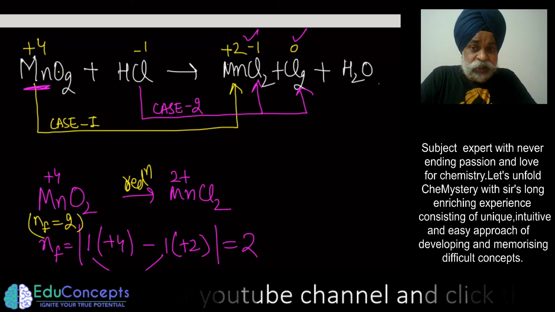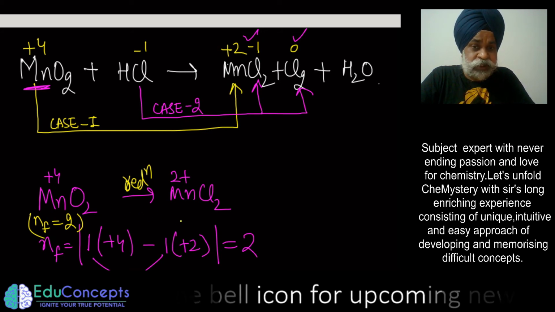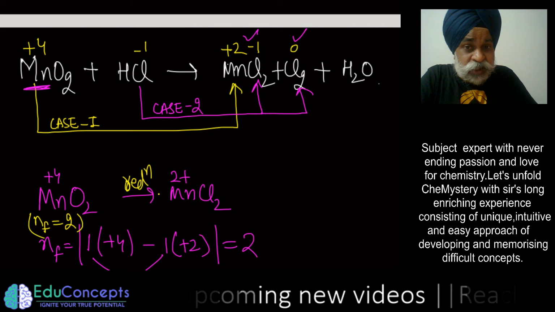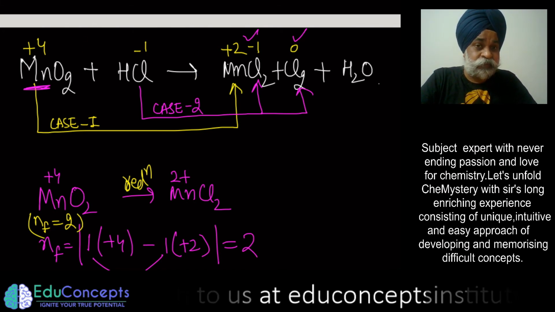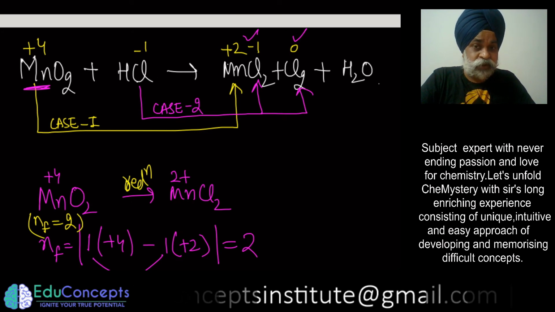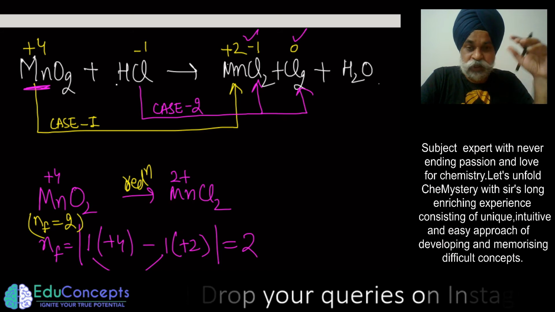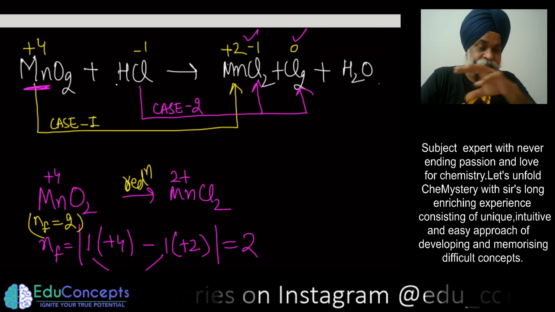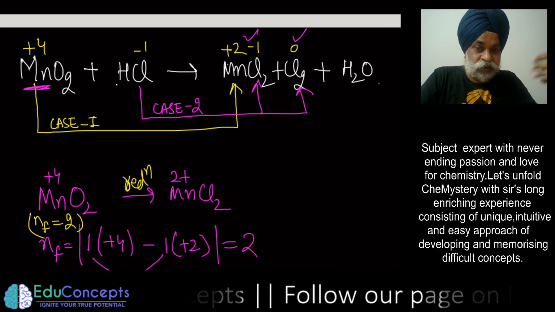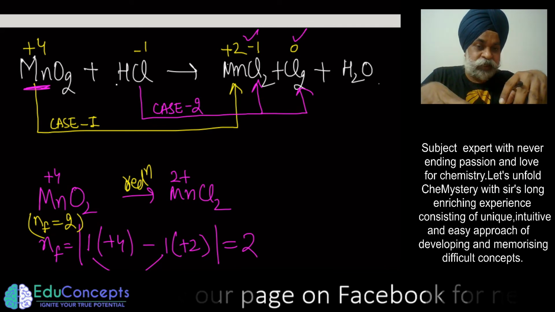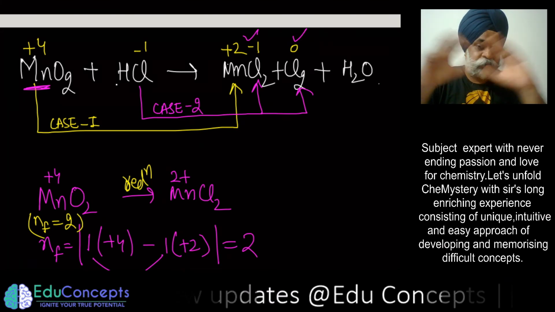Now this is case number 1, where one element underwent change in oxidation state and goes to one product. As long as you don't balance this reaction, you cannot get the clear picture of the n factor of HCl. I would advise all of you that if you find some reaction, and instead of going into the breakage of that reaction into half reactions, you balance it directly, there is nothing wrong in it, that is perfectly right.